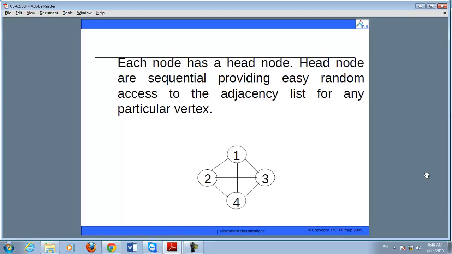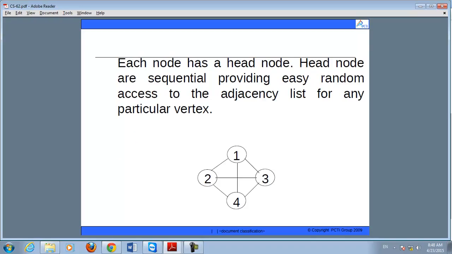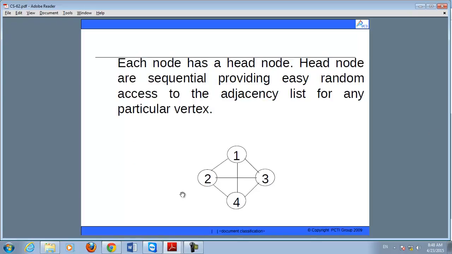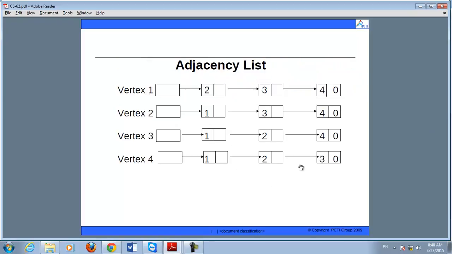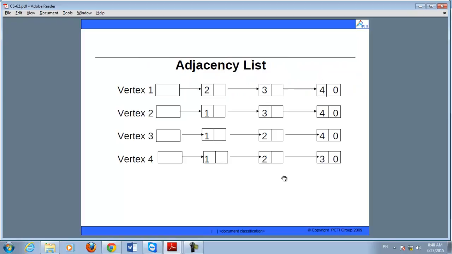There is a graph 1, 2, 3, 4. If you want to present the adjacency list, then from 1 there is a path to 2, from 2 there is a path to 3, and from 3 there is a path to 4. The end node will contain 0 or null in its link value. Similarly, from 2 there is a path to 1, 1 to 3 and 3 to 4.